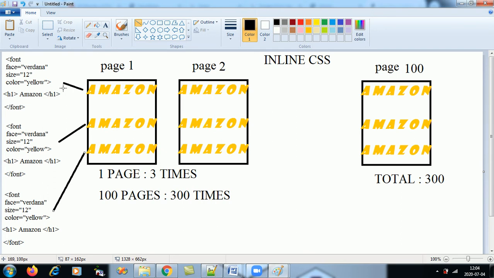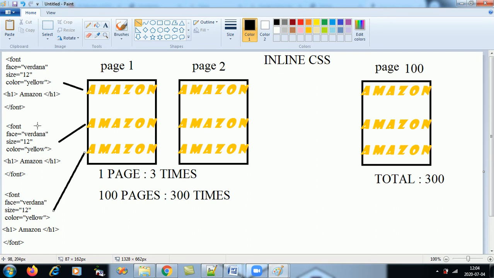So for each page, wherever that heading appears, there itself I will give the coding for that heading. So this heading appears 3 times on each page. Where the heading occurs, at that very place I will give the code. So if in one page I have the heading 3 times, for 100 pages I'll have it 300 times.